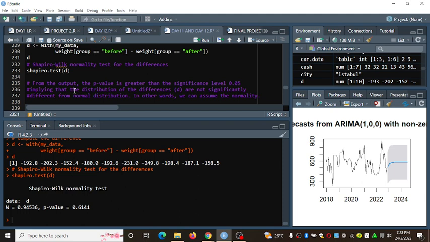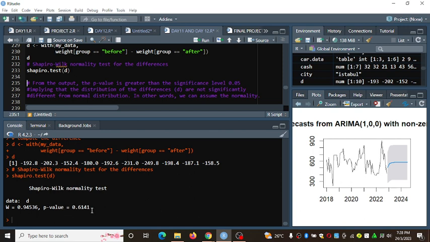After executing your command, you have the Wilk test statistic here, that is 0.94536, and you have the p-value of 0.6141. So you use this p-value to reject or fail to reject your null hypothesis.